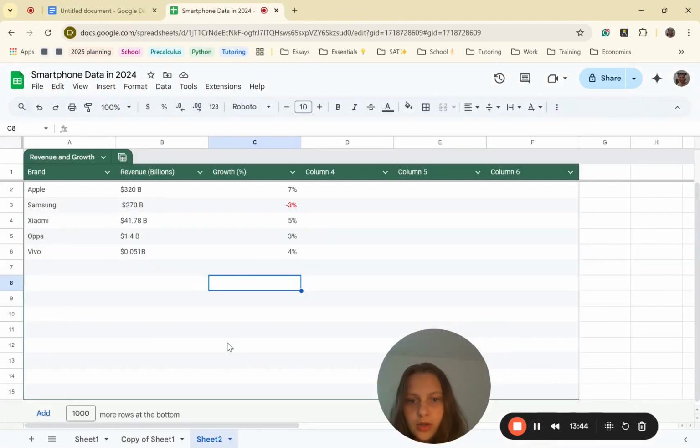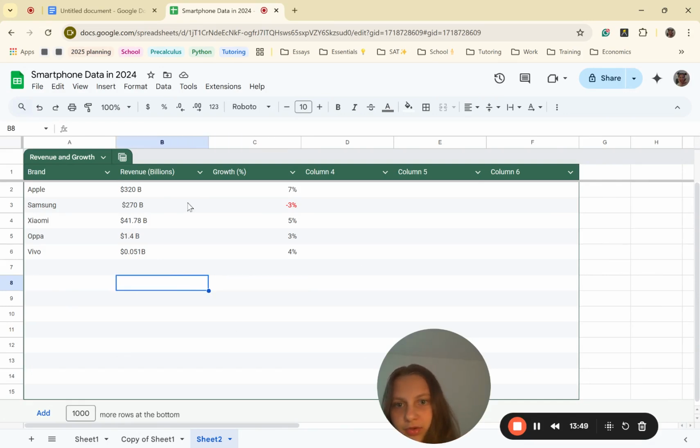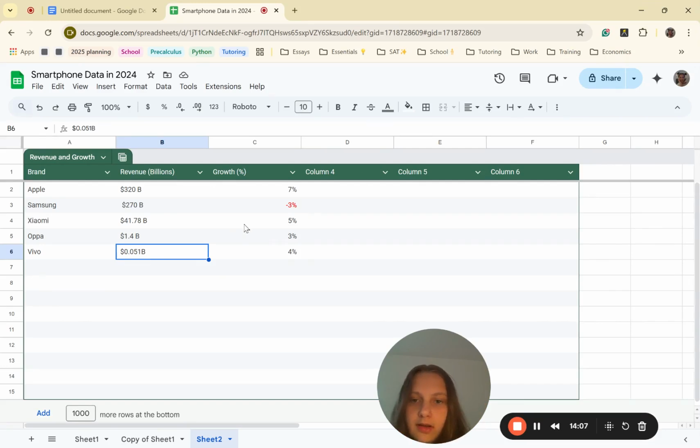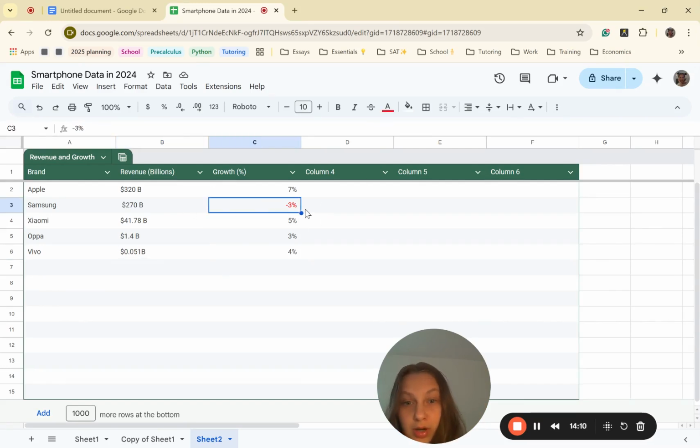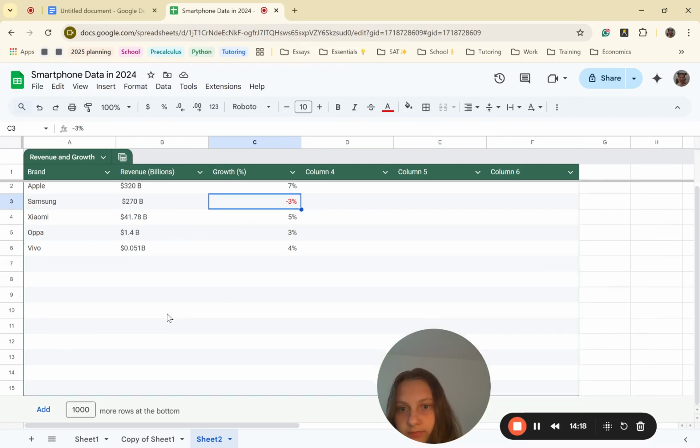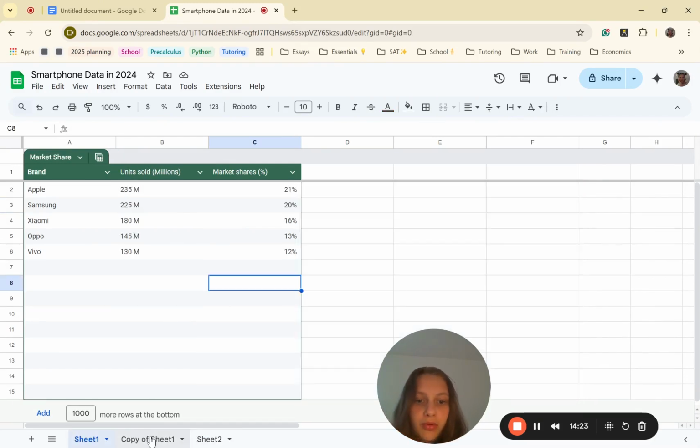So I guess I will be back with the complete chart. So, alright, I came back. I have filled out each column that I had to. We see that I just quickly researched these 3 brands. For Vivo, they had the numbers in millions, so I had to quickly convert that into billions, so that had the consistency of billions. And for the growth, I put a red -3% for Samsung, which means decline. And I think so far, that is the chart that I would provide.